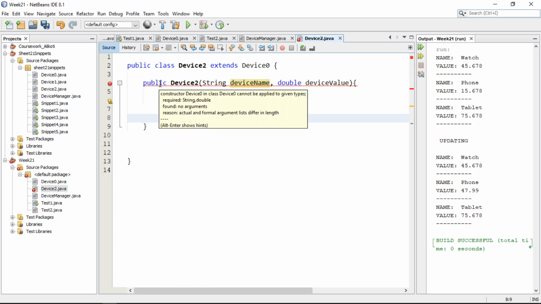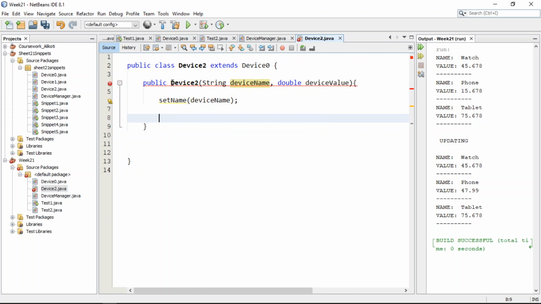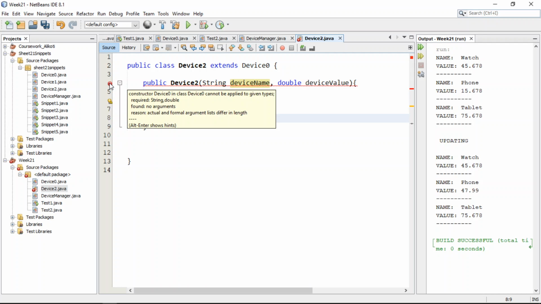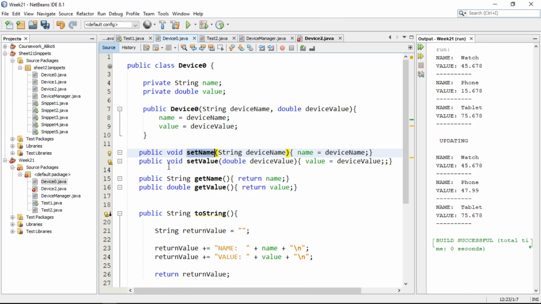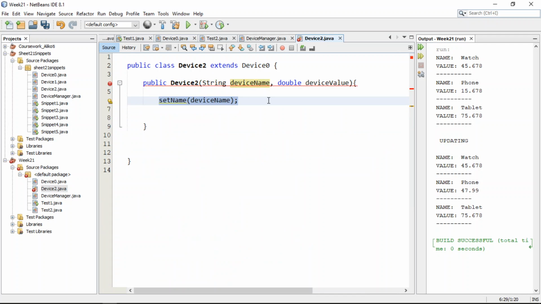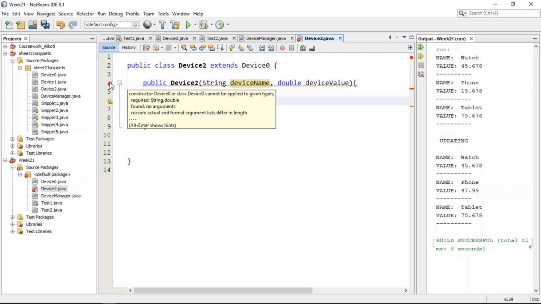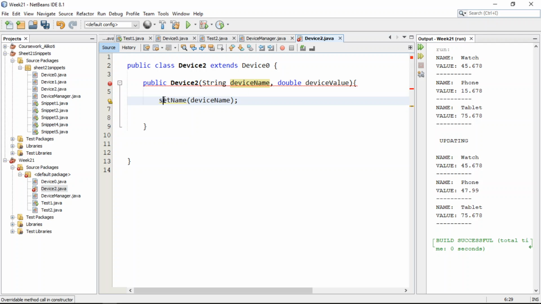It's saying device data cannot be applied to given required string, found no argument. I'm not quite sure what it's complaining about here, but we'll come back to that. Let's have a look at device 0 a second. Yeah, there are only 2 parameters, so that should be fine. Okay, we have a problem here. We can use set name, but the issue is that if we use set name, and this is also why we have this error, it's just taken me a second to spot that,